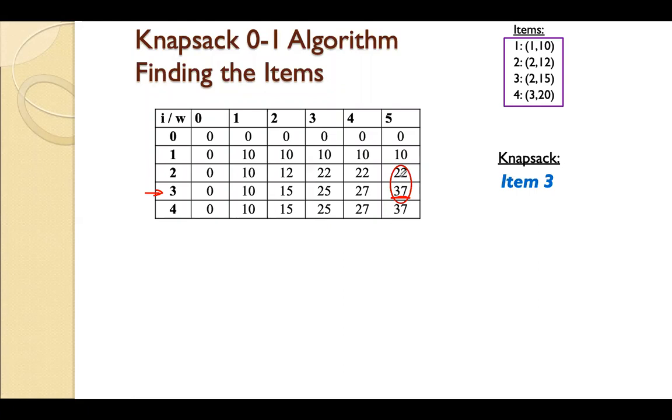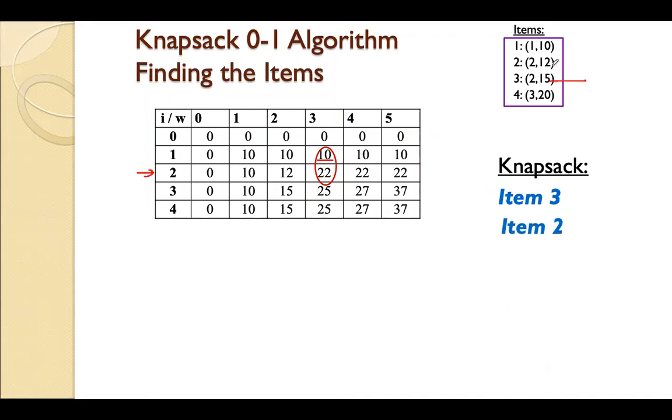Next, for the lower value, you have to go to the column where you got that lower value first. So that is 22 we got here. Now compare the 22 with the element above it. If 22 is there above as well, we'll not consider it, but here there is a different element. So 22 and 10, we got this 22 at the second row. So another item is item 2. That is, we have considered item 3, and we have considered item 2. There is a difference, so consider item 2.